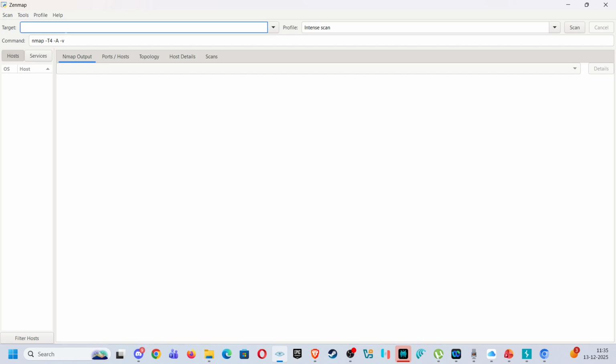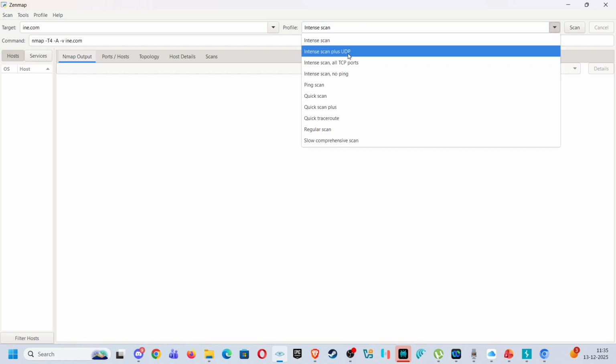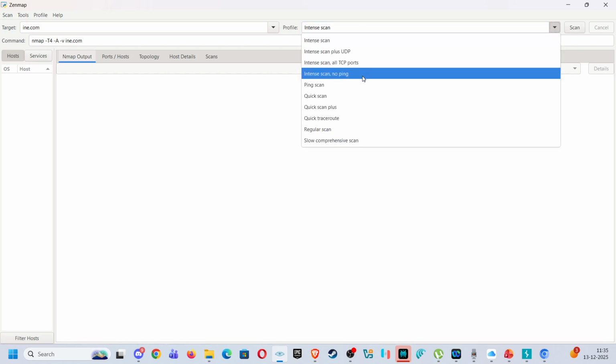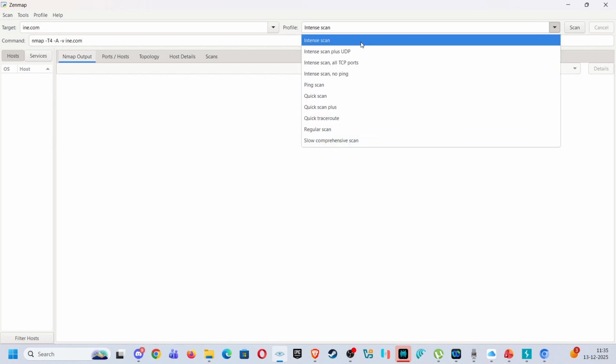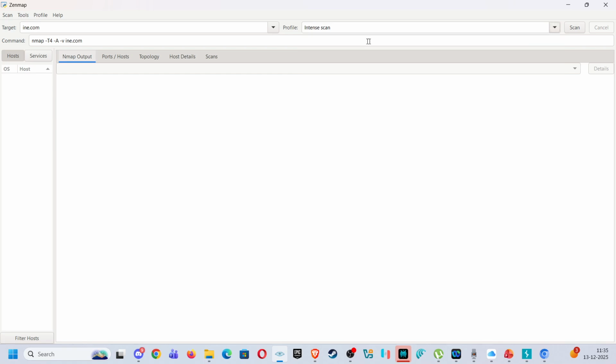For example, if I want to check something, this is the command if we are using Linux or Kali Linux. But in Windows we just select whether it is an intense scan, or whether we are going to check all the ports, etc. Everything we can see here. So it is just an intense scan and all. No ping means it's a passive scan. So if we initiate,